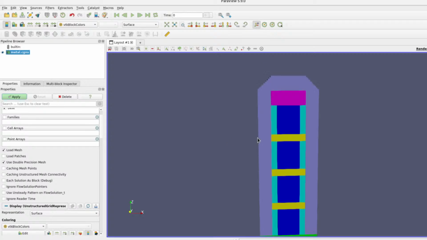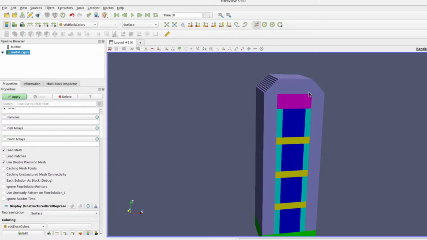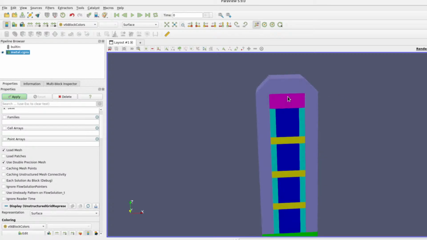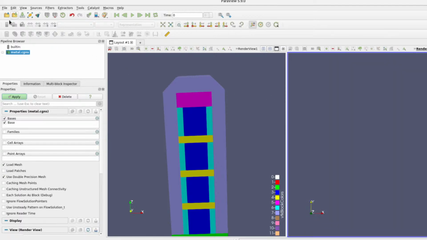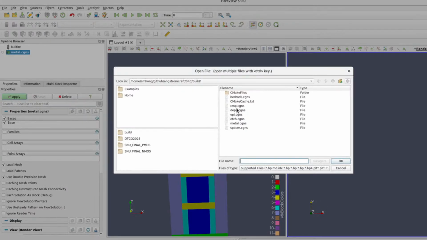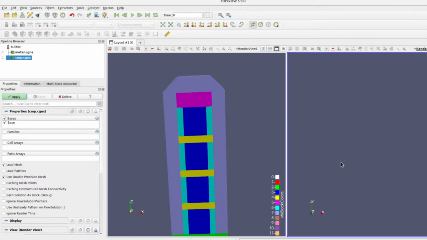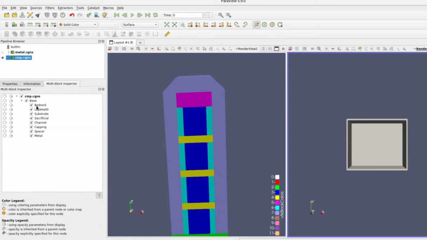Anyway, now we have the metal deposited, and now we want to eliminate it. That was done in our CMP file, and I precisely selected the coordinate for this top surface. It was 115, and after that, now we have CMP.cgns. Why don't you just load it